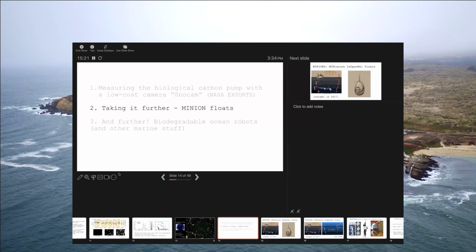Yeah, it's a great question. We're working on it. So in that case, where it was coming up every 12 hours, that was perfect because it meant that the surface got washed off periodically. And so we basically got a whole series of 12-hour durations. With the Minion floats that I'm going to be talking about right now, we don't have that yet, but we're working on it. We're working on a little wiper that is actually the ring at the top that you saw. We call it the diffuser ring. It basically tries to direct light toward the particles, and it can rotate and push the particles off.